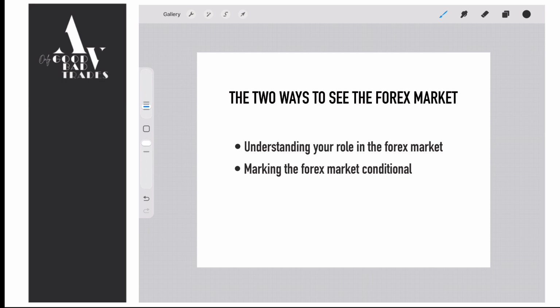The second way we trade is conditional in the sense that if a certain thing happens, we're expecting a certain thing to happen. So why this is different from the other one is because there are most times that your application would not just be valid for the market structure that is right in front of you, but we just don't care. We just want things to happen the way we've backtested it and we've seen that it happens.